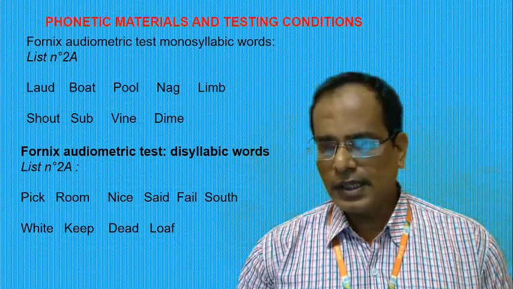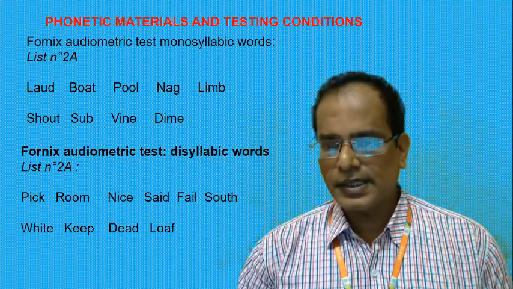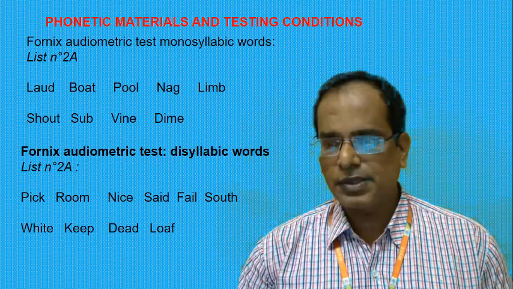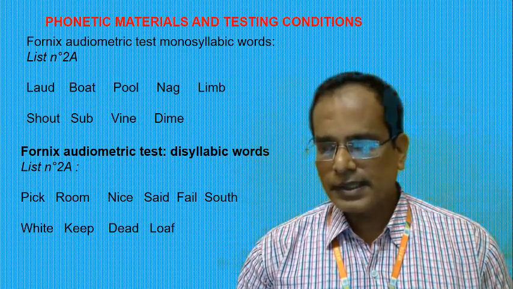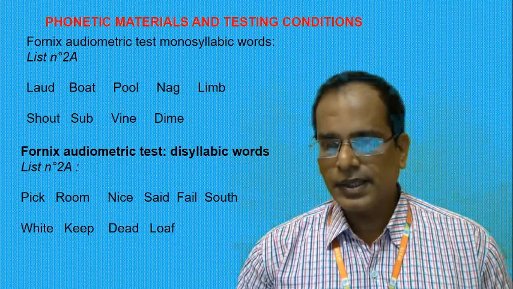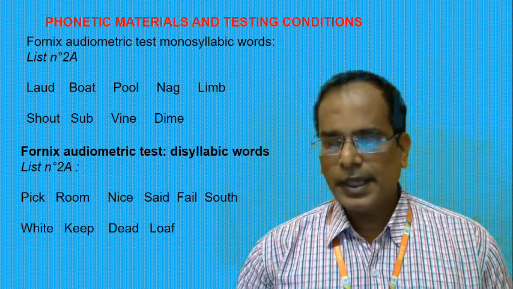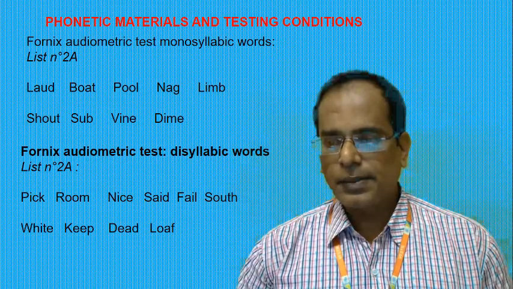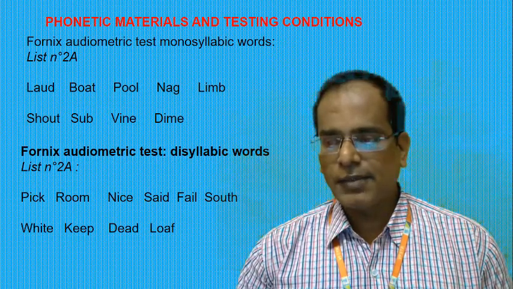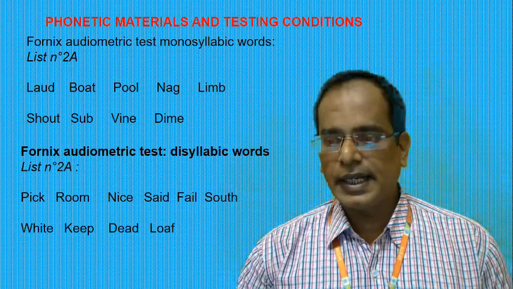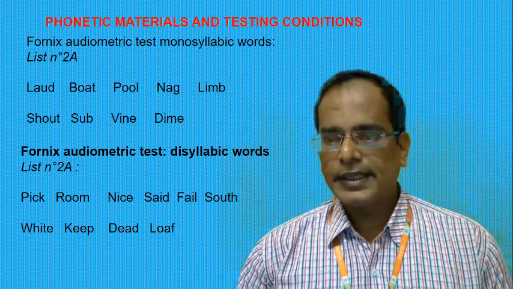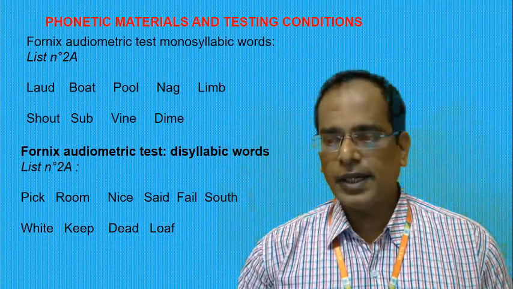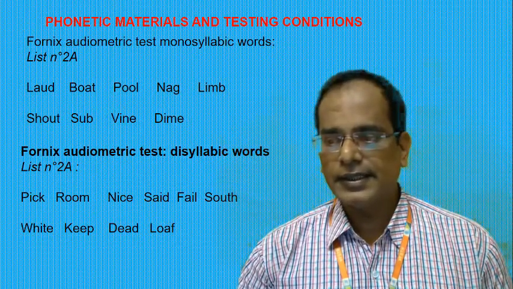Here, a phoneme is any of the perceptually distinct units of sound in a specified language that distinguishes one word from another. For example, we can say P and B. P and B have a similar kind of sound, and they have to be identified. D and T also have a similar kind of sound, and they have to be identified.